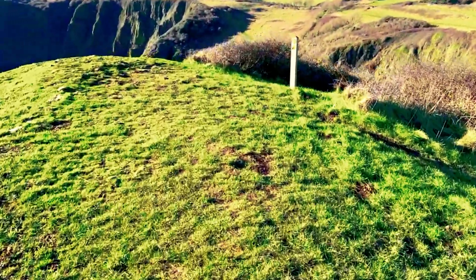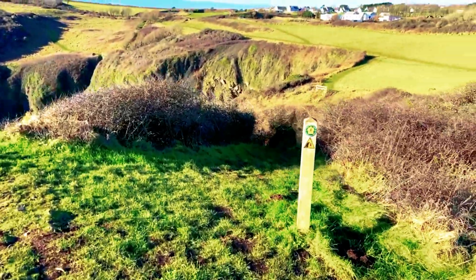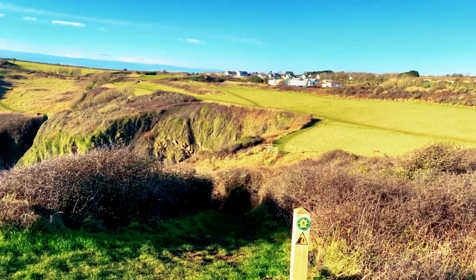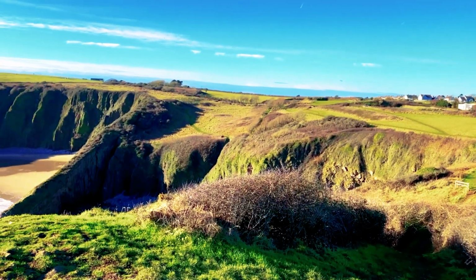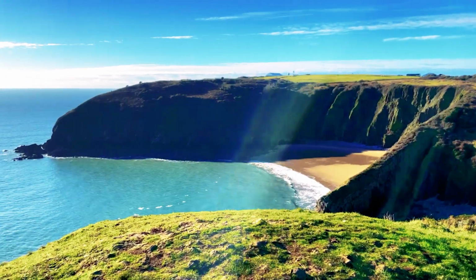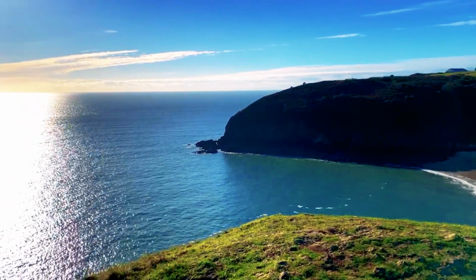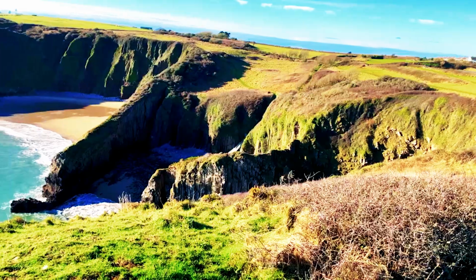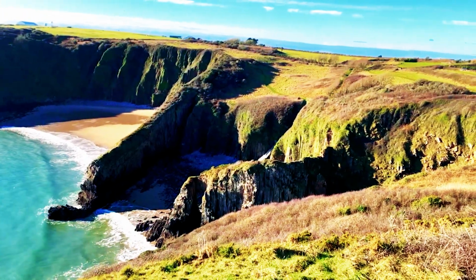As you can see, it's down there, right there, and then it goes up there. Basically, it just sticks to the coast. Look at this. Unbelievable. I don't believe it. I don't know if you can see it here, but